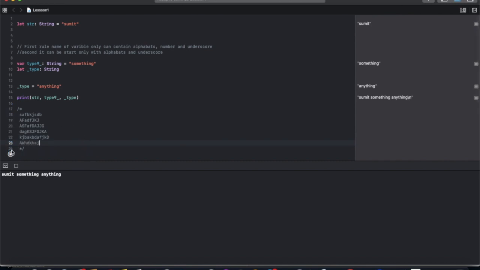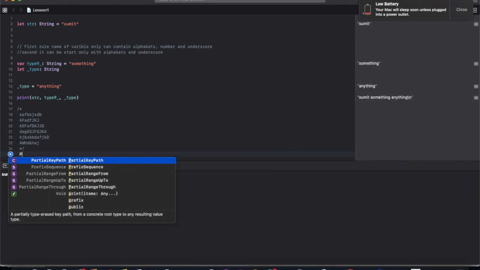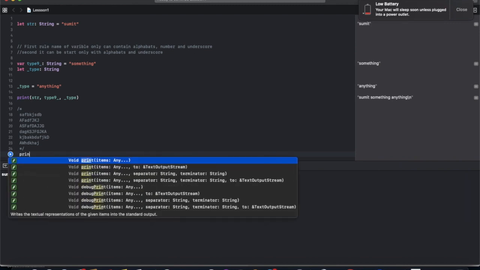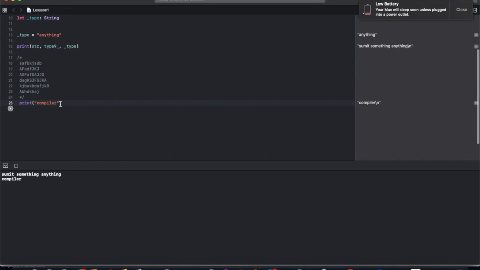You can see, if we print here anything, it compiles. But if we comment this print, it can't compile it again. You can see it skips this.